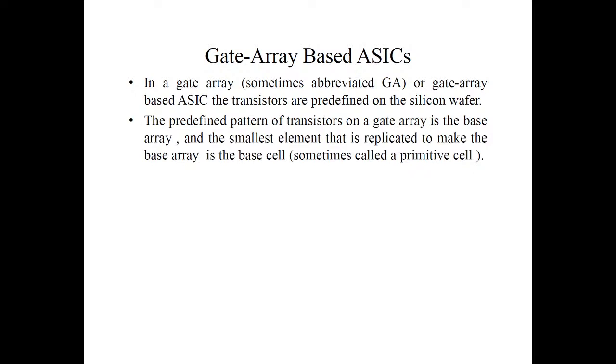It means that the combination of a p-type transistor and n-type transistor is already implemented in gate array based application specific integrated circuit. It means that the array of n-type transistors and p-type transistors is already implemented in this application specific integrated circuit. Only the remaining part is the interconnection. Only the remaining part is the masking, and that interconnection is done by the masking.